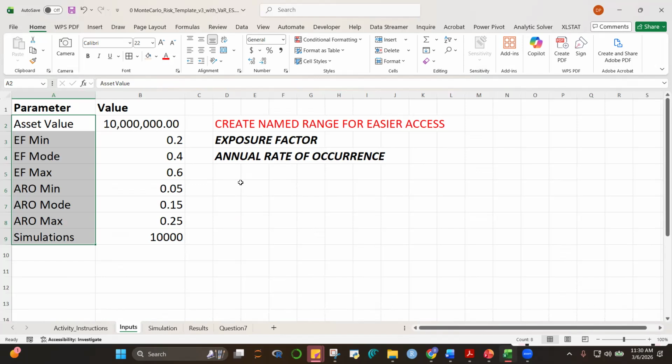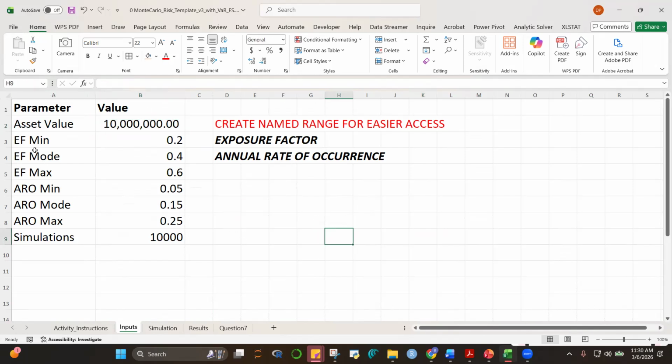So if I, for example, go to this and type, I'll give it a name, asset value. Now you can't use two words, so you have to put an underscore into it, asset_value there. Control, enter. So what do you now see? You have now a cell that has the name asset_value. If I click this, then it points to this one. Let me go outside here first. If I click this, notice that it points to this one.